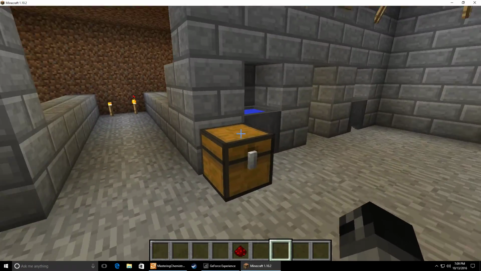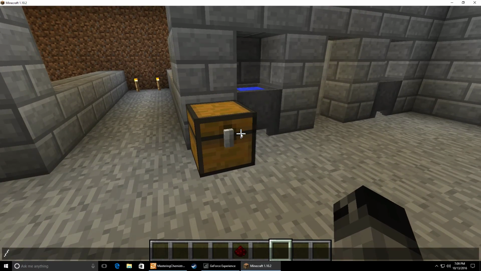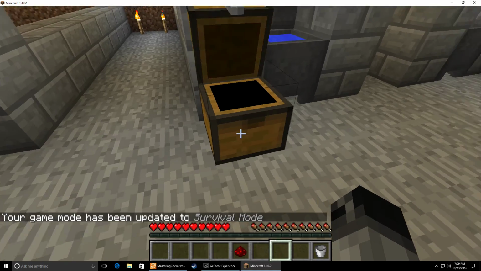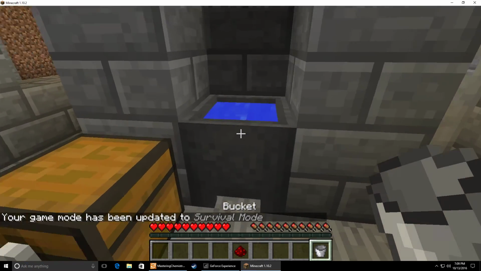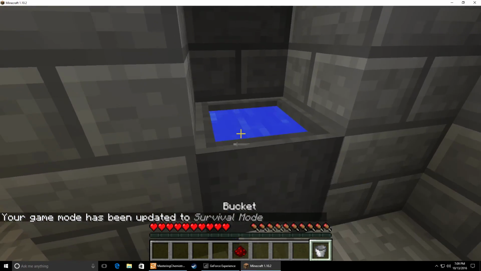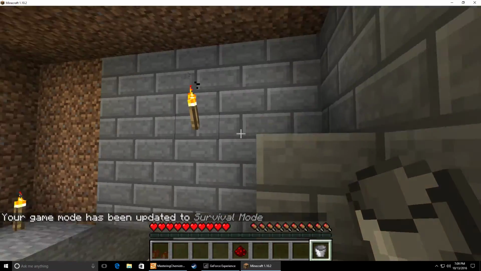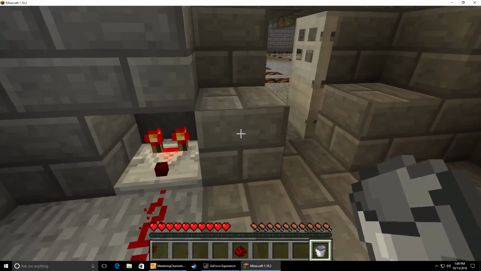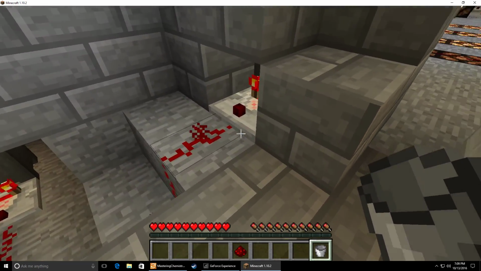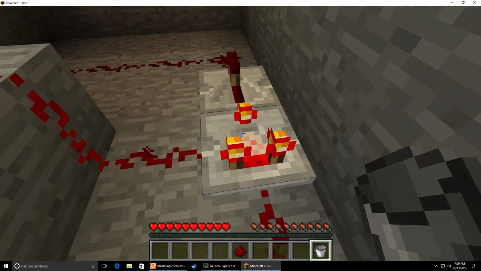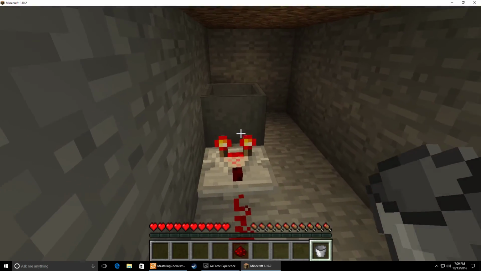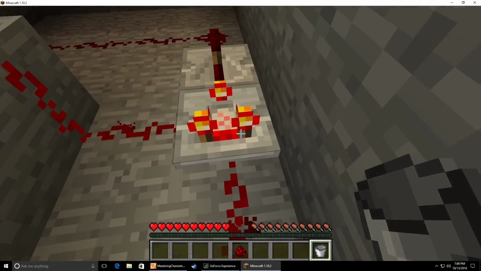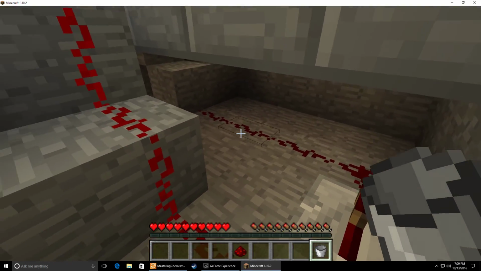Over here, actually, hold on, let me change game mode. Yes, bucket. There's also something you can do: take the water from here, put it in there, boom, you get through. All by measuring the energy coming from the cauldron of water using the comparator, bringing it down here into another comparator, which compares it with another source. But this one is stronger, so it goes through this comparator, and